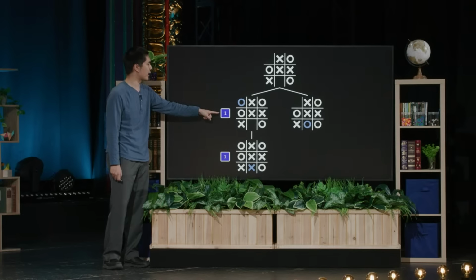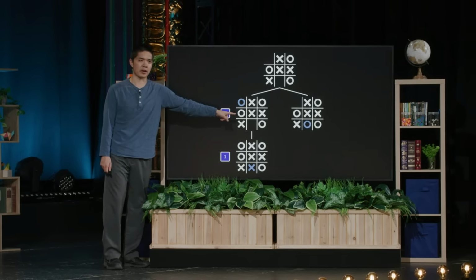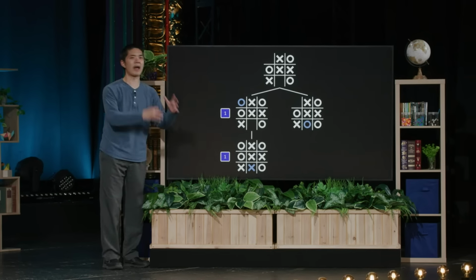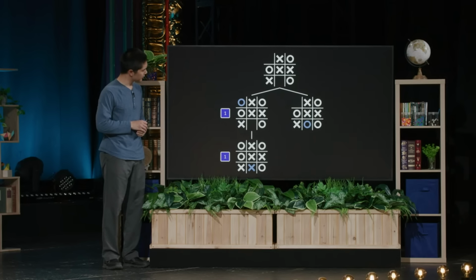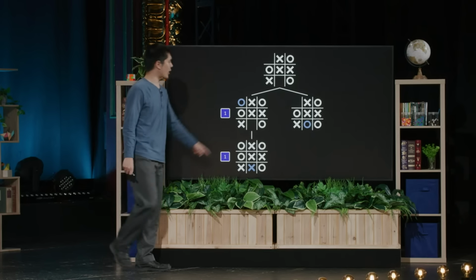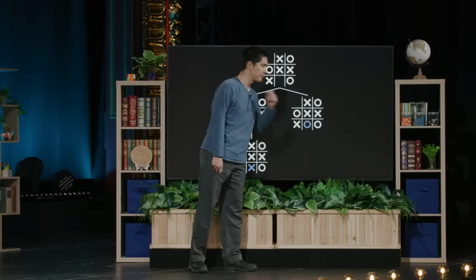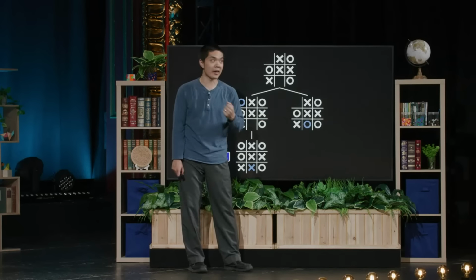So we'll go ahead and assign a value of 1 to this game state over here. And so that's this left branch of this tree that we've now considered. And now let's take a look at the right branch of the tree, where O chose to go in the bottom middle. Well, what's going to happen then?